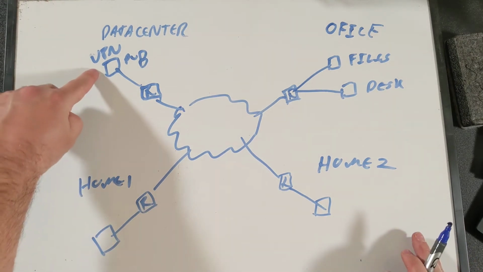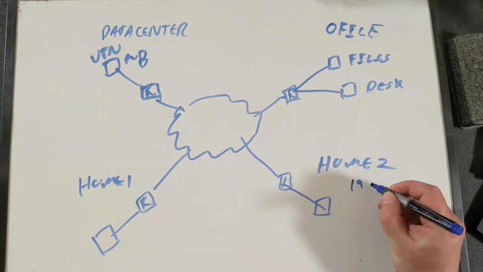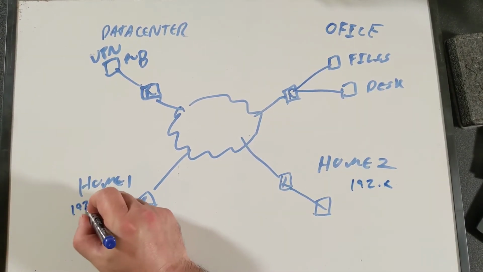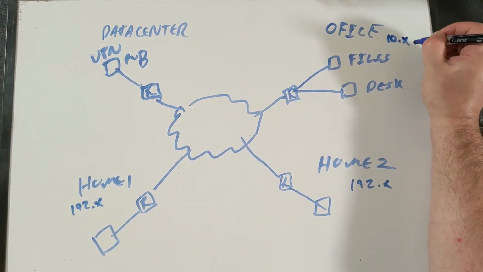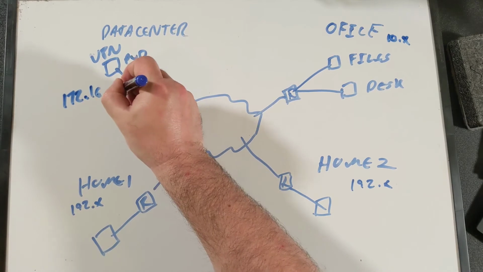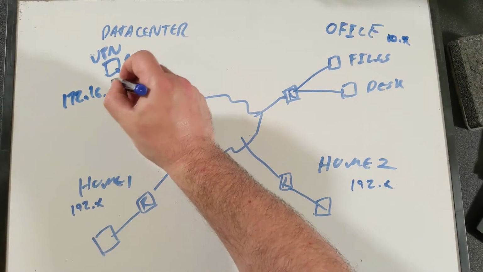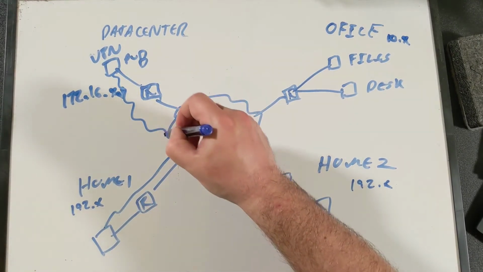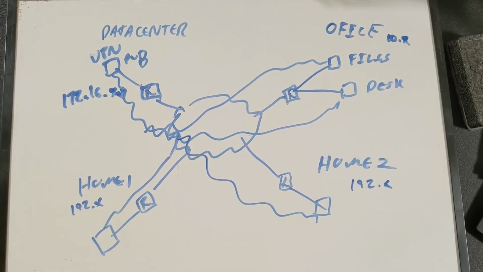But what we can do is have the VPN just add a new private network. We could say that the 2 home networks are on 192.something. The office is on 10.something. And so we'll set up the VPN on like 172.16.something. And then we're going to use the VPN server to set up encrypted tunnels out to everyone, and every machine individually. We'll set up encrypted tunnels so that then we can give everybody 172.16 addresses.